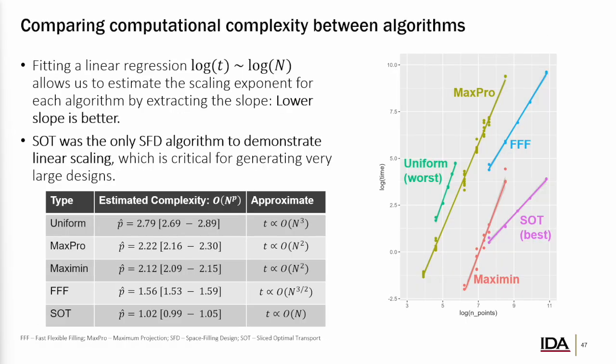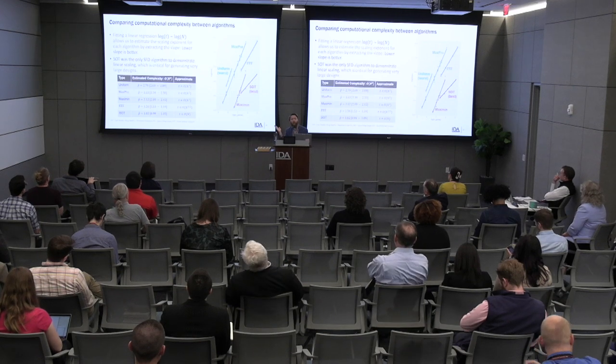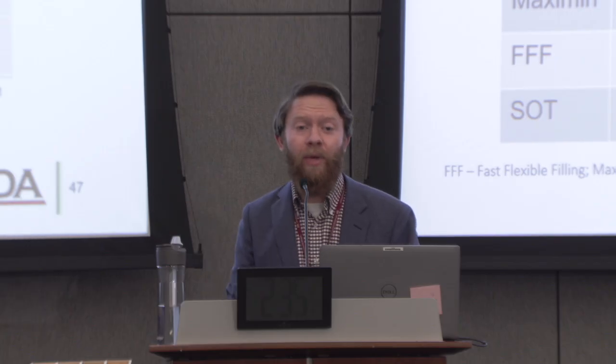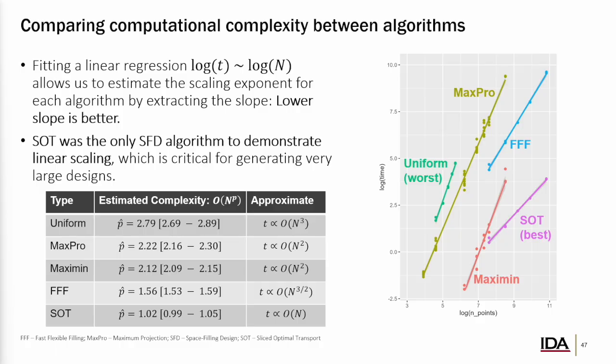So finally, I'll talk a little about the computational complexity. This is the only slide for this. What I fit here was simply, this is a log-log plot, so it's measuring the time versus the number of points. And from a log-log plot, we can extract the exponent, if we have some sort of exponent dependence, from the slope of that line. So a better algorithm is going to have a lower slope. And we can see that the sliced optimal transport by far has the lowest slope, which is about 1,